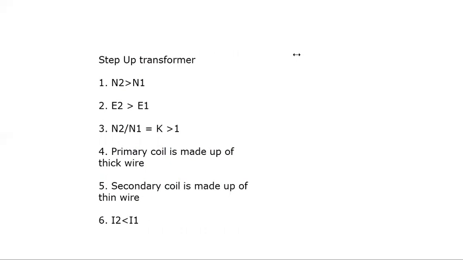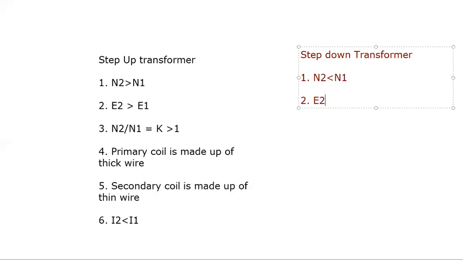Similarly, let us look at step-down transformer. So if we are looking at step-down transformer, what could be the important points? So one of the points would be that N2 will be less than N1, isn't it? So the number of turns in the primary is greater, in other words, for a step down transformer. Then we can say that E2 will be less than E1. That is one of the things that we have to remember. And just like we have defined the transformer ratio, that is K, K will here be less than 1.